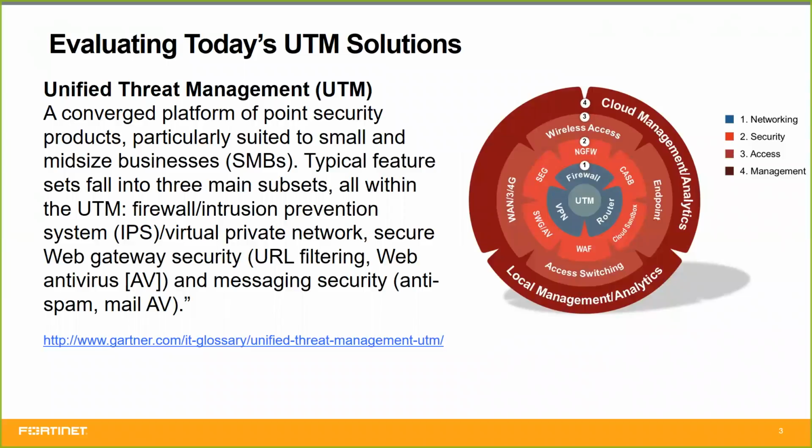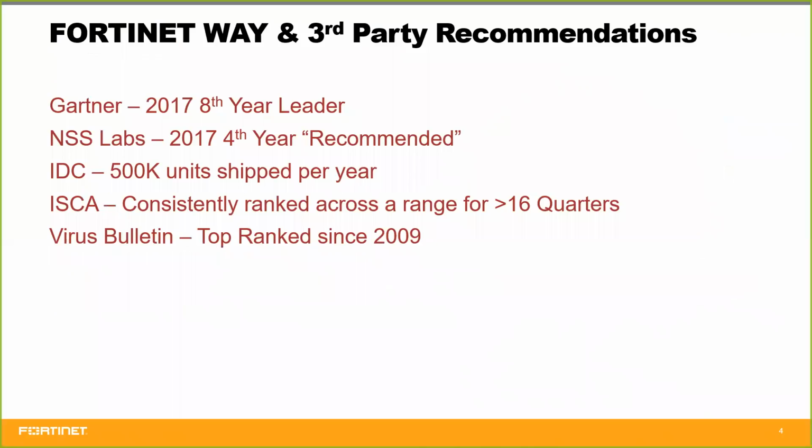So we talked about this a little earlier. This is a pretty widely known term. It's a multifunction security. It's going to have your basic stateful firewall inspection and networking, along with some looking at third-party certifications. This is an interesting